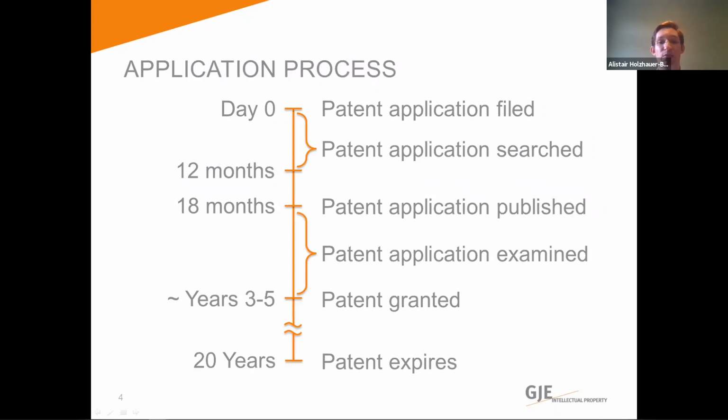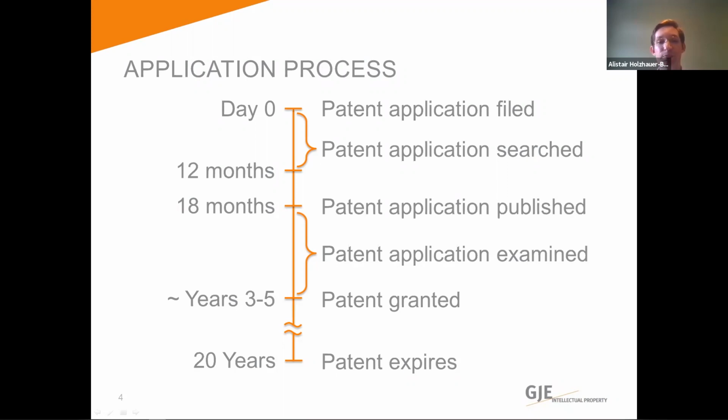The process by which one goes about trying to get a patent can be quite a mystery if you've not used the system before. This process and some approximate timings are set out here. First, once the patent specification is prepared, which I'm sure patent attorneys all over will tell you can take some time, the patent application is filed. This day 0 date is referred to as the filing date and establishes the date before which publicly available matter can count against the patent application for novelty and inventive step and any other assessments that those documents could be